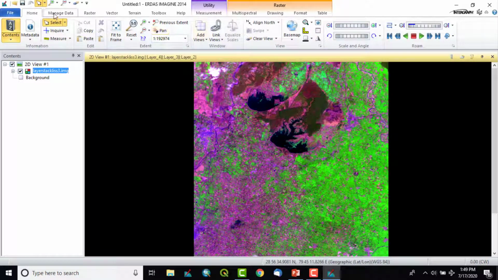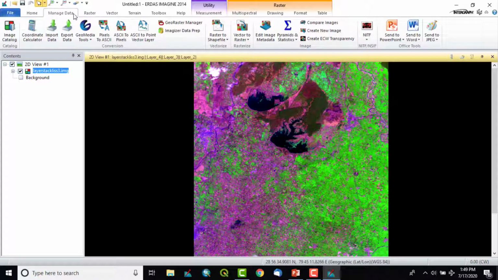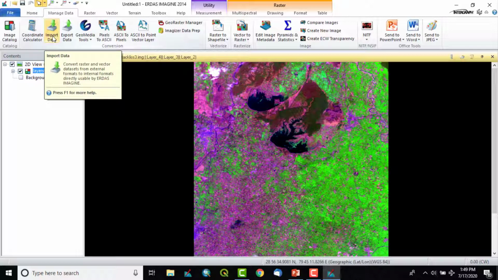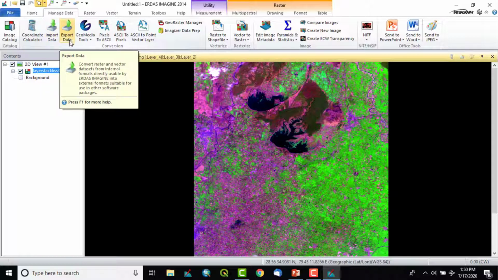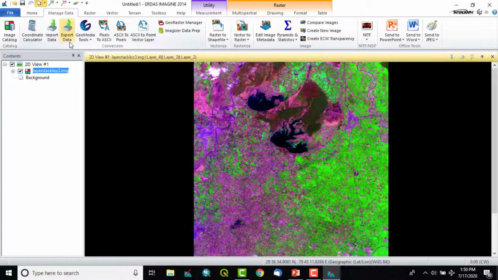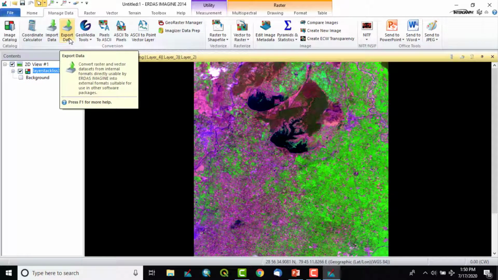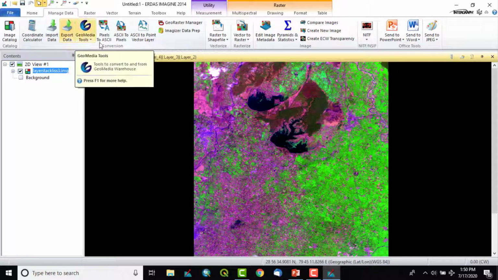Now let us go through different toolbars. In manage data, there are some options: image catalog, coordinate calculator, import data. Import means, suppose I have a scanned JPG image and I want to import it in TIFF format. From here we can do that with this tool. Similarly, if we have an image file, we can export it to JPG and vice versa.